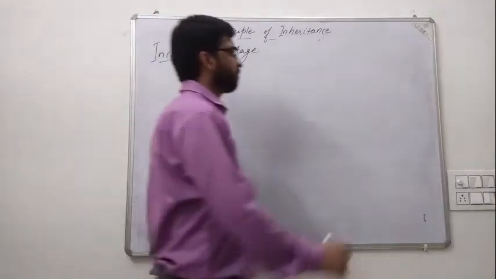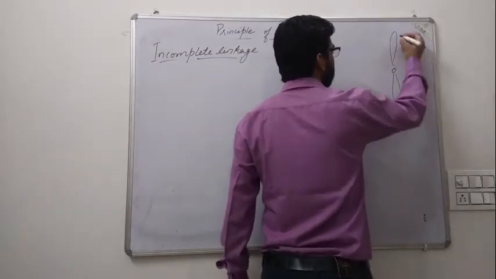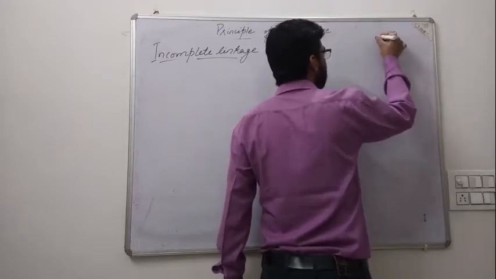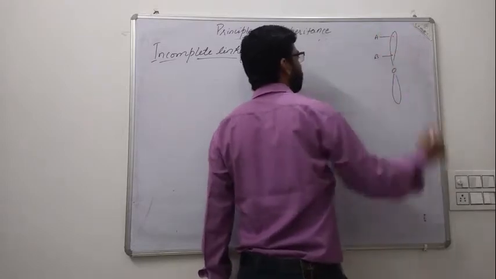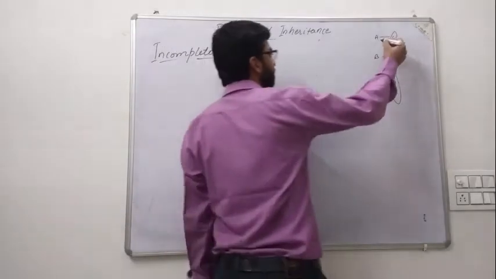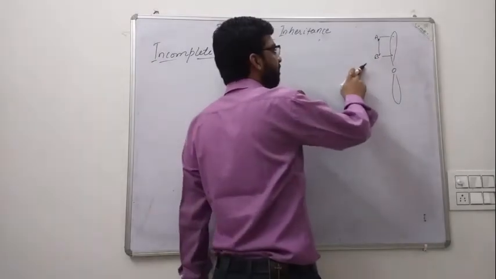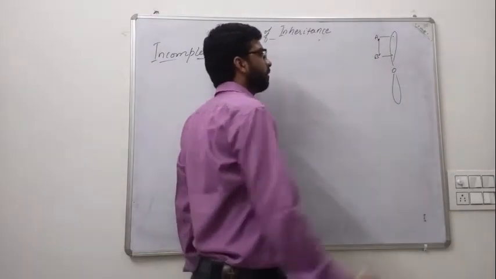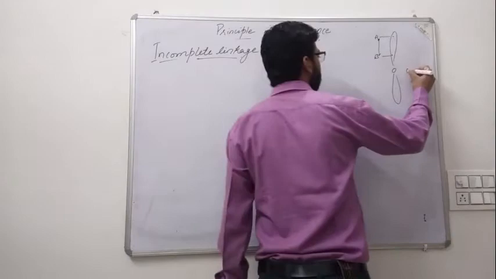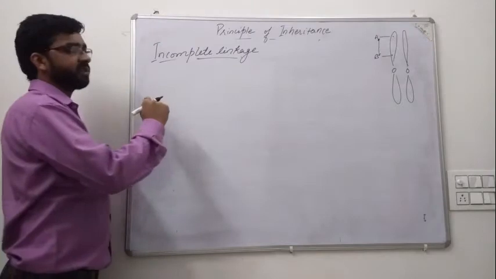As we have discussed in our previous videos, when two genes on a chromosome, gene A and gene B, are present together, they are called linked genes. And when the distance between two genes is greater, it is easier to separate them during crossing over. So let's do an example.